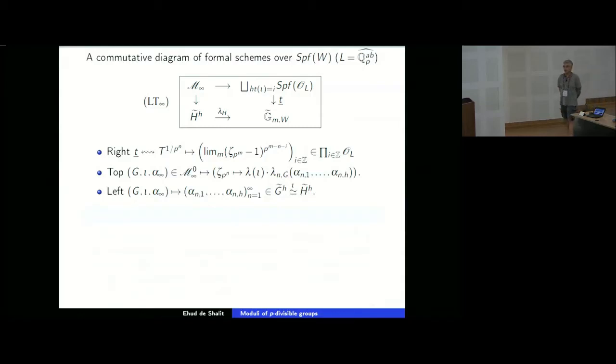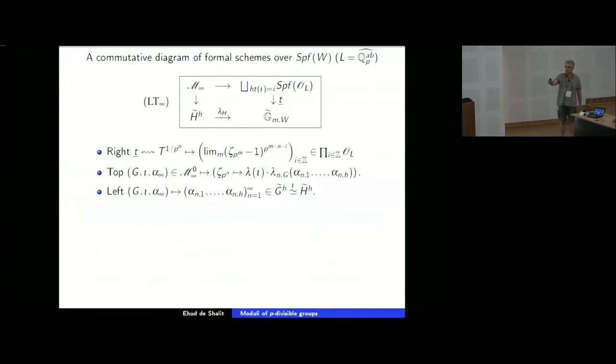And this maps via this map lambda H, just for this fixed H, to the universal covering of Gm. On the top, we have a similar thing, but now on the moduli space level. So you look at M infinity,